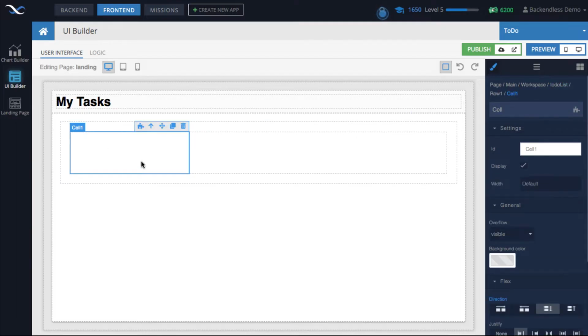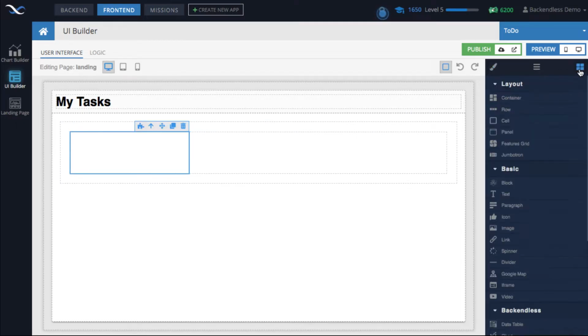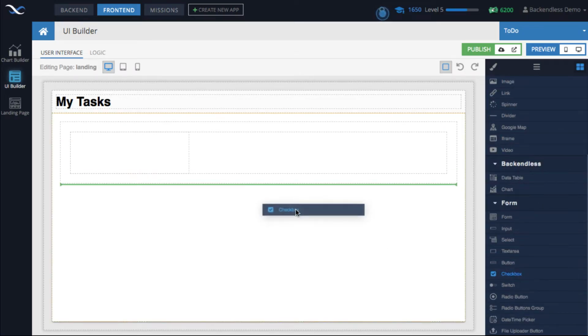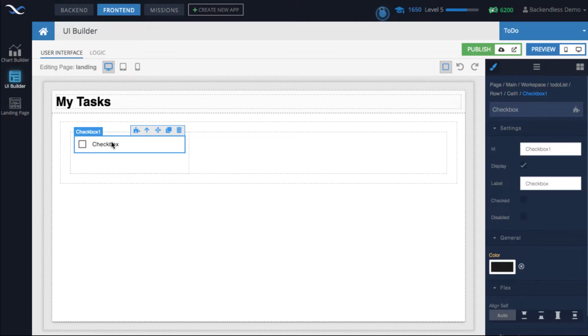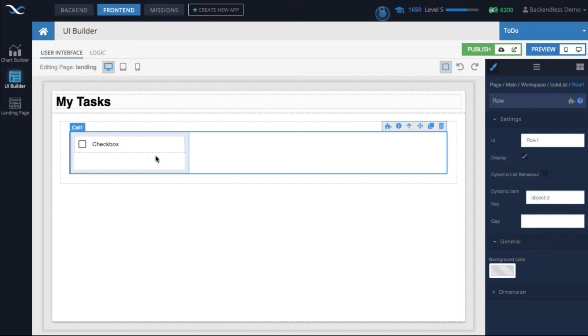Cell is where we're going to be placing our components, and in order to render an individual to-do item, we will use the checkbox component. So drag it and put it into the cell. Checkbox is convenient because it contains both a label, which will have the value of our to-do item, and the checkbox itself, which will indicate whether the item is done or not done. At this point, this is going to be the template. We will make it prettier as we go, and of course we will be adding additional logic to delete individual items, to update them, and so on.